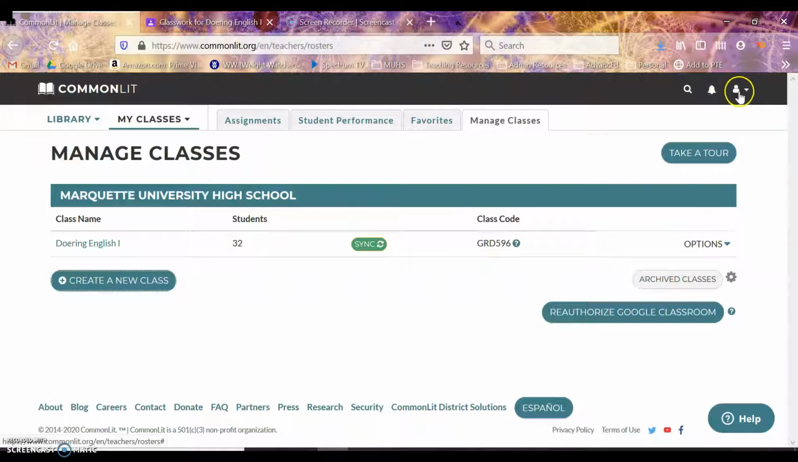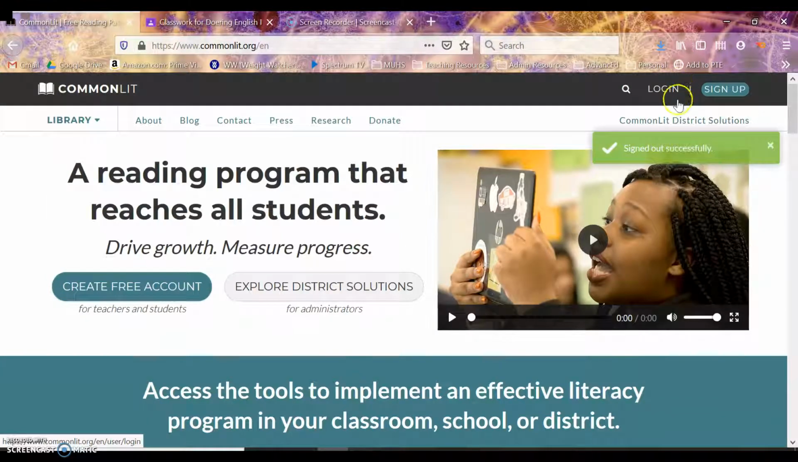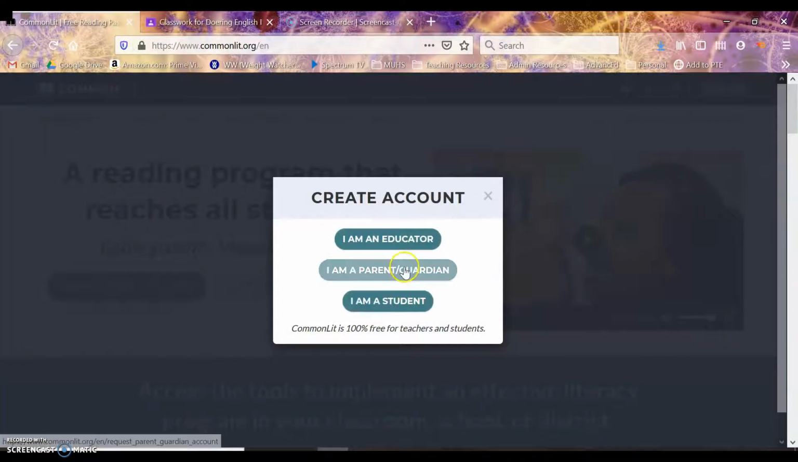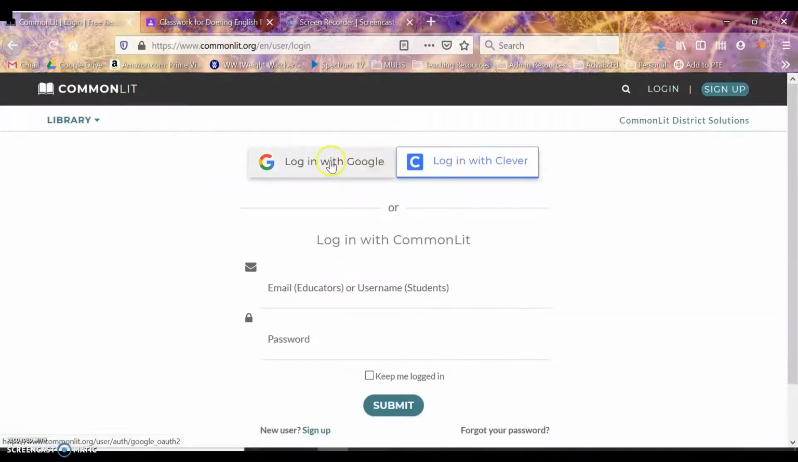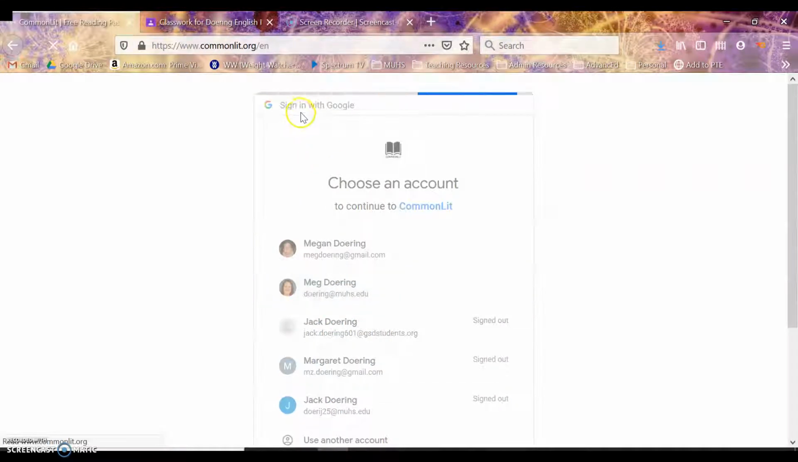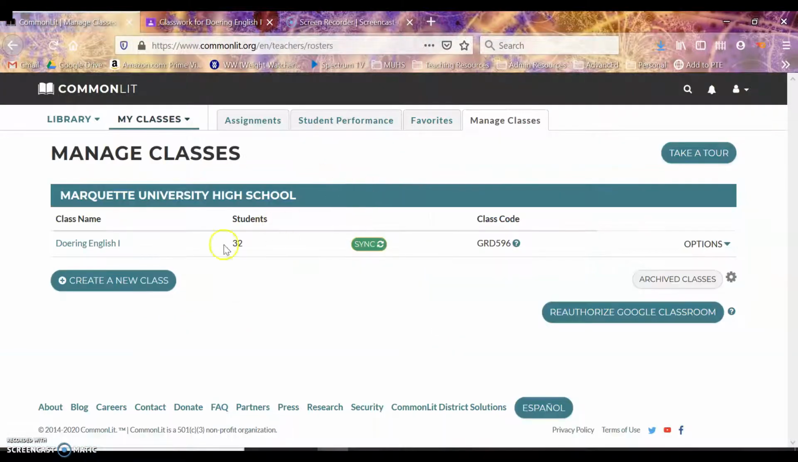And I encourage students always, because this is Google Interactive, to use their Google credentials to sign in. So when you first create an account, you have to say if you're an educator or a parent or a student. So you would have to go through all the steps as an educator, but once it's linked to your Marquette High email address, you can just log in with Google and it'll take you right to your account. So that's set up again under My Classes. You would go to Manage Classes, and that's where you would create the class or import the class from Google